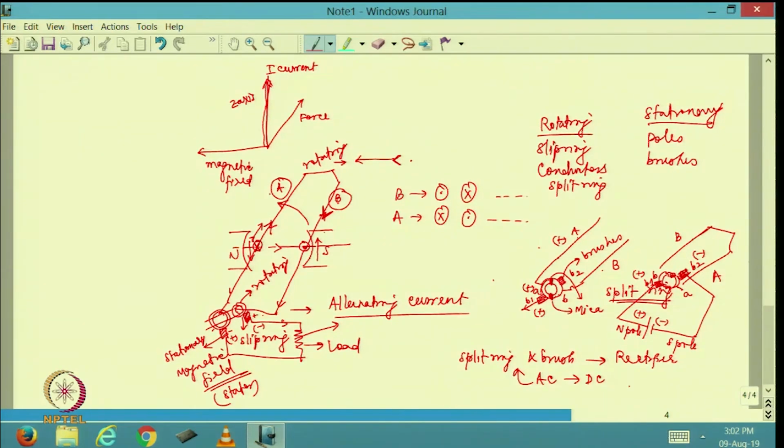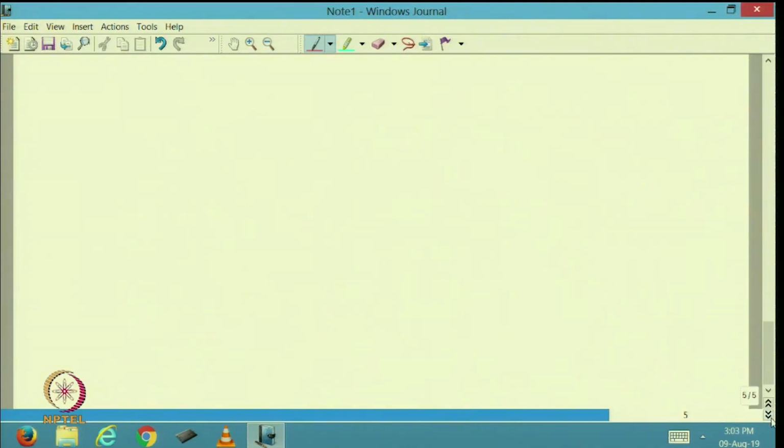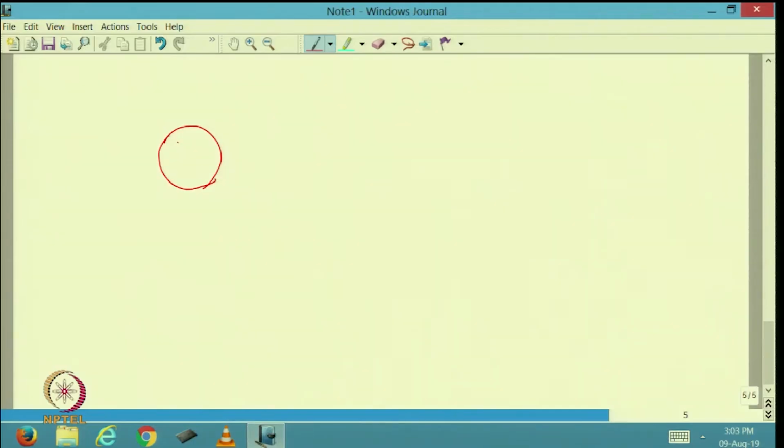But I am not going to have just two conductors, I am going to have multiple conductors. So, what I will do is have several conductors connected together. I will have the split ring divided into multiple copper segments which are insulated by mica. So, I am going to have multiple segments like this and each of them is insulated with mica. Do you get my point? Each of these is going to be mica and these are going to be copper segments,